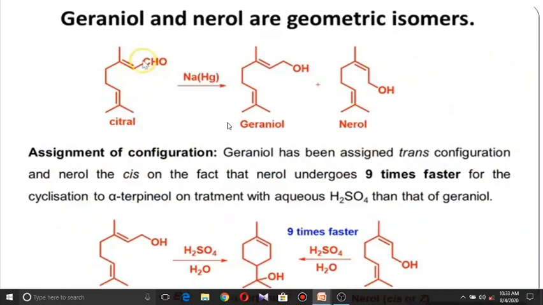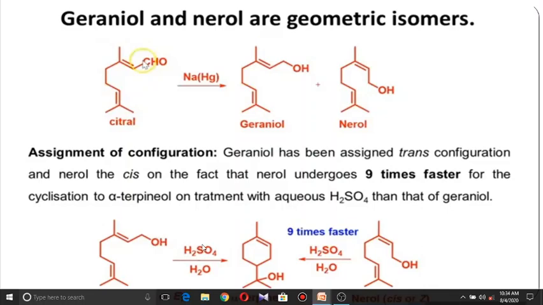Next we come to geraniol and nerol. Citral on reduction with sodium amalgam yields geraniol and small quantities of nerol. What is this nerol? These two are geometrical isomers, as you can see here. Only the cis and trans forms are involved here. Geraniol has been assigned the trans configuration and nerol the cis configuration on the basis of this